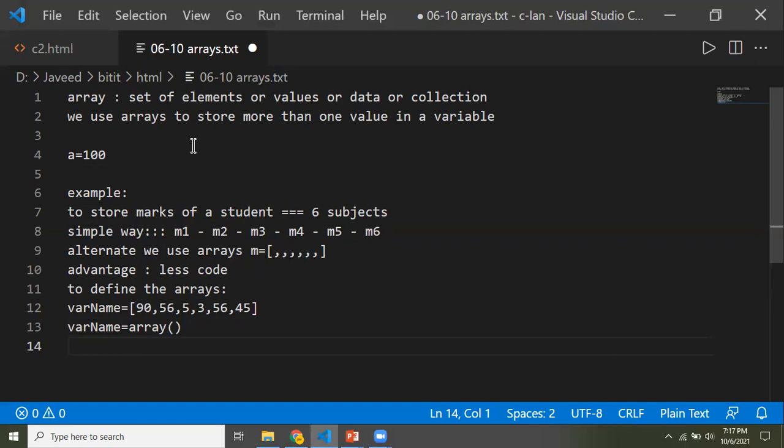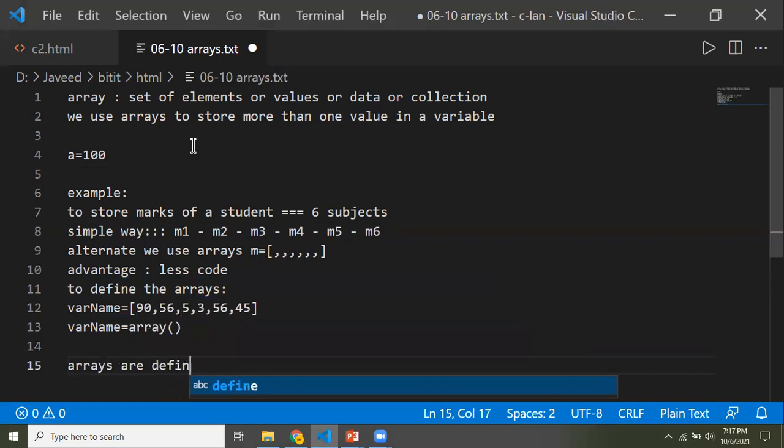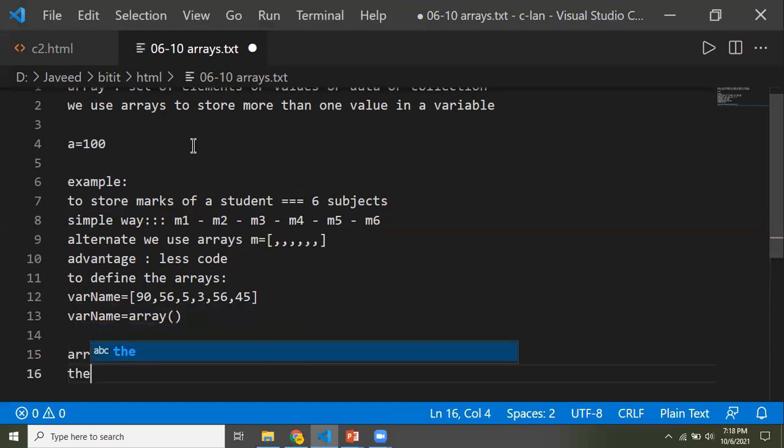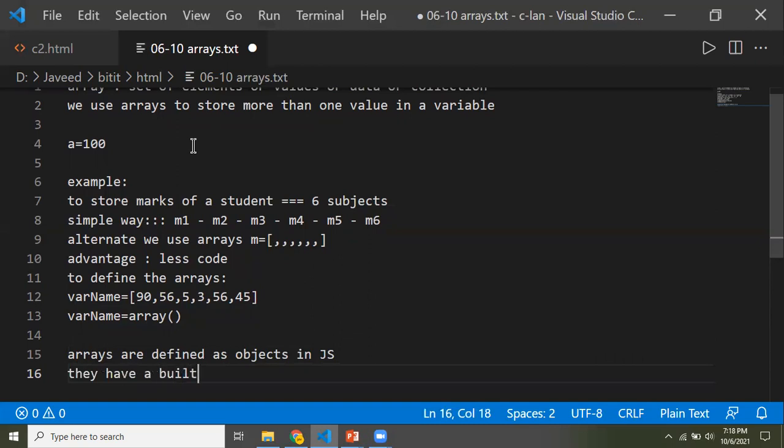Now, one has to remember that arrays are defined as objects in our JavaScript. What do you mean by saying they are defined as objects? It means they have a built-in property called length.